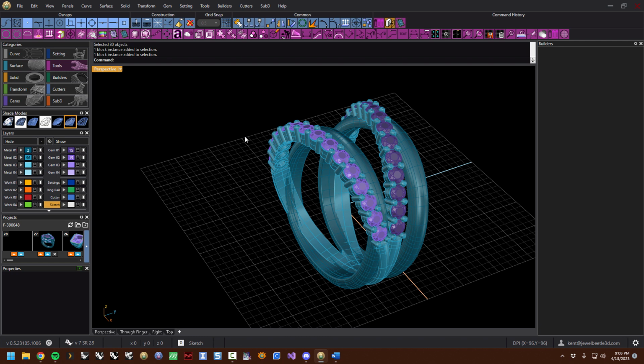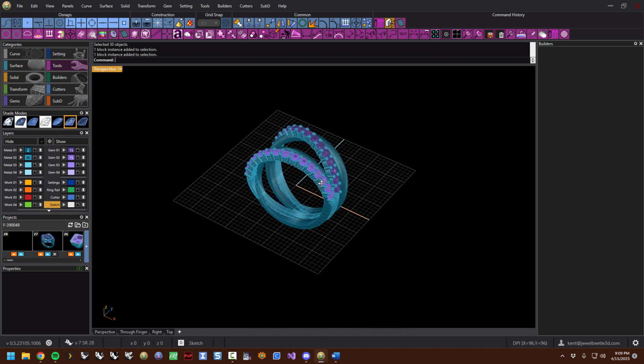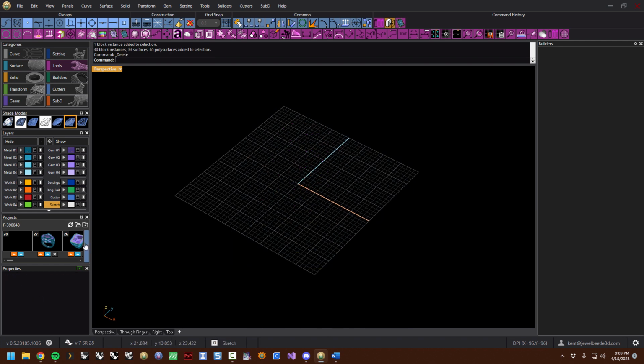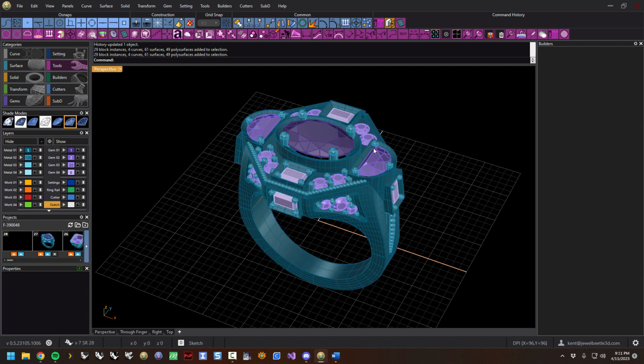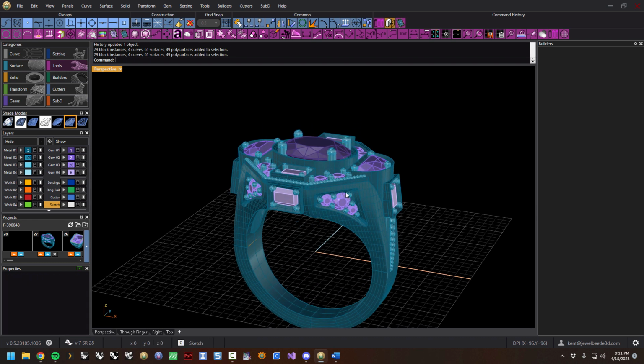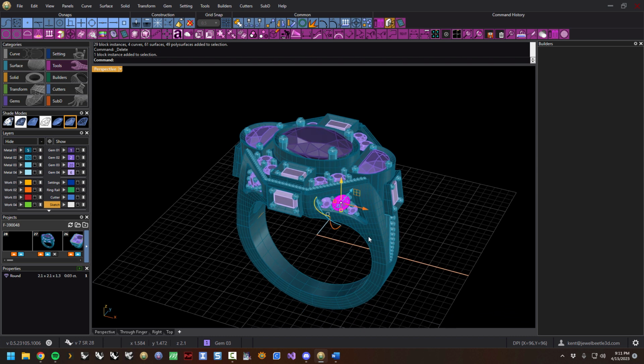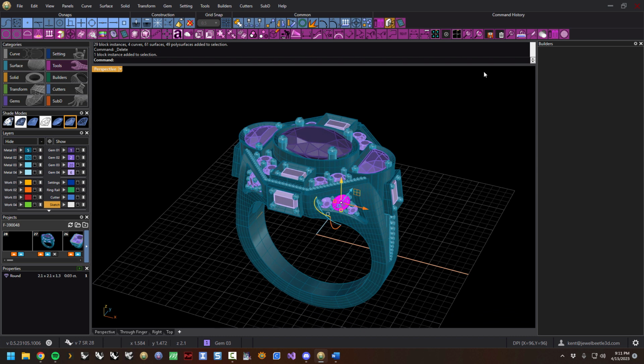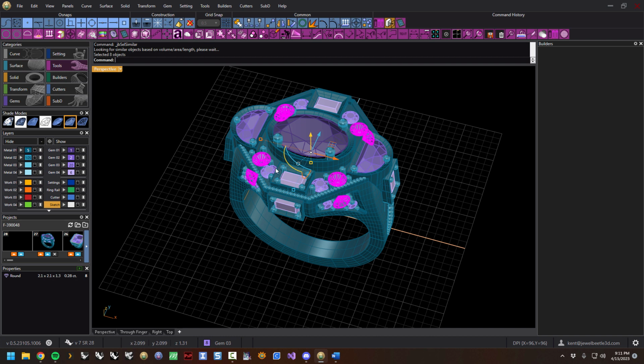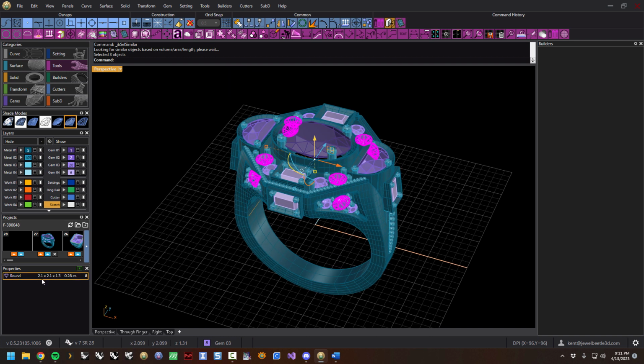But if you had a whole bunch, maybe a pave field, and you wanted to see which ones were the same, you could do that. An example of that might be, okay, so you may want to see if this gem is the same size as any other gems, and so we'll go ahead and click select similar, and you can see that this one is the same as here, here, here, and here also, which are 2.1, and then we can see maybe these two are the same,